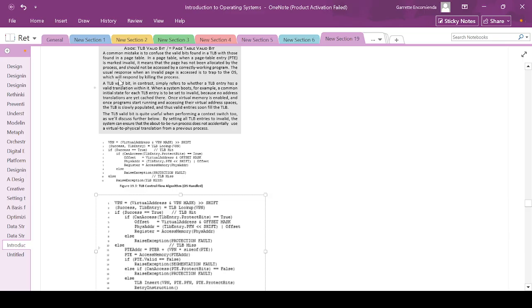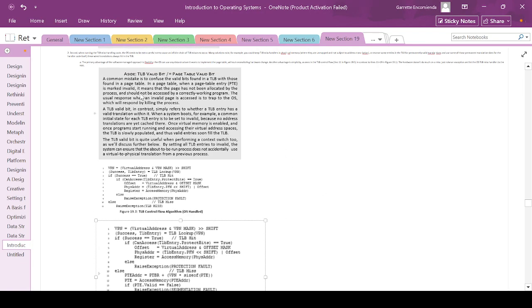The usual response when an invalid page is accessed is to drop to the OS, which will respond by killing the process. So the valid bits found in the TLB in the software code are different from the valid bits found in the page table,